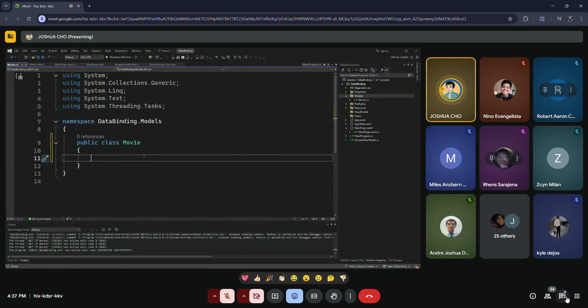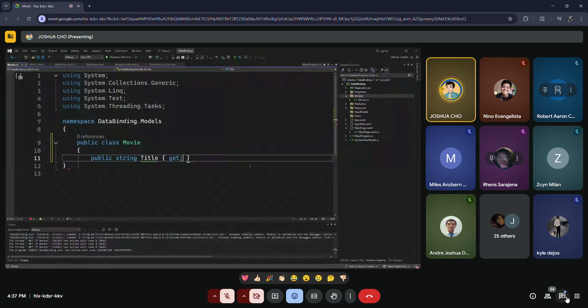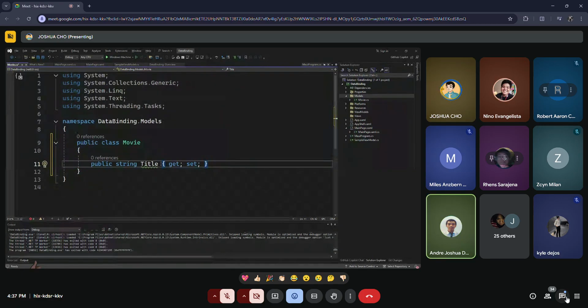So let's declare some properties. So obviously the movie has a title. Get set. Sorry. Get set. Bara ba mag-OOP guys na? Oo, sir. OOP.